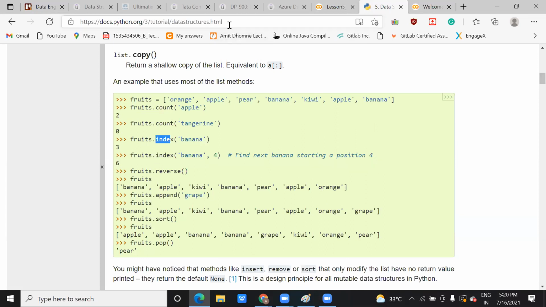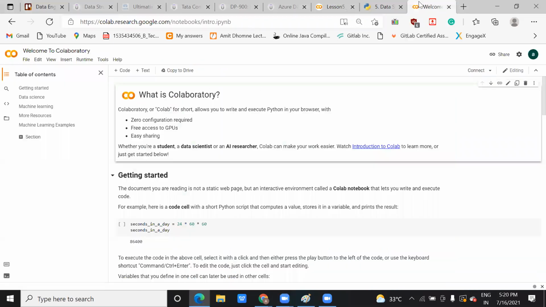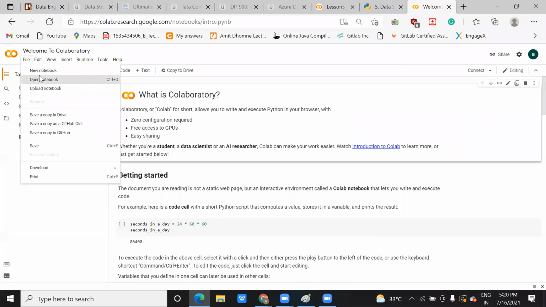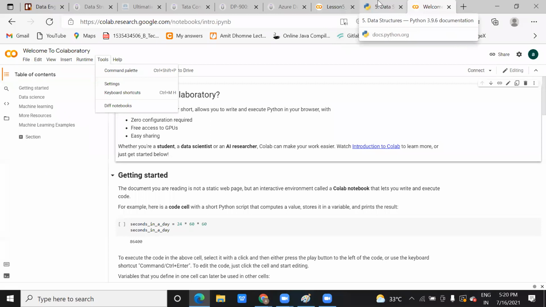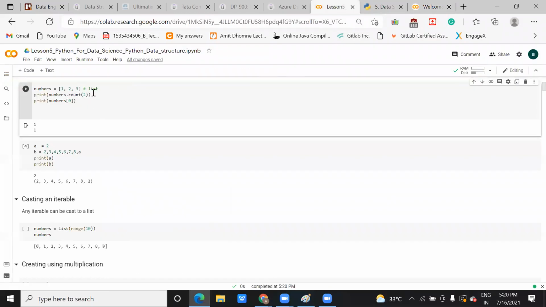So I'm giving you an assignment. This link I'm sharing on the chat. Just open this link and try to run this code. What you need to do is open Colab, as I told you how to open Colab. Type Google Colab, log in with any Gmail ID. You will see this screen, right? Click on File, New notebook. When you click on this new notebook, such a screen will appear. So here you can run code line by line and you can see the output.